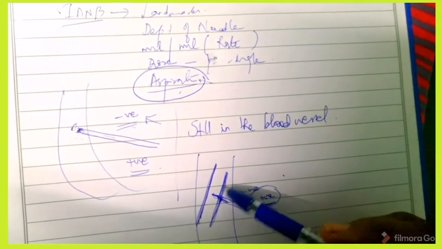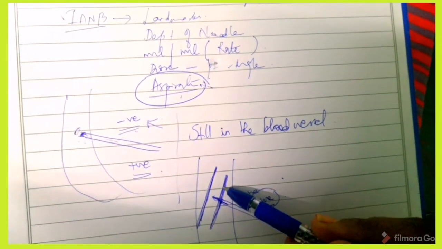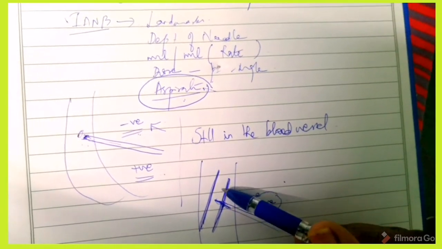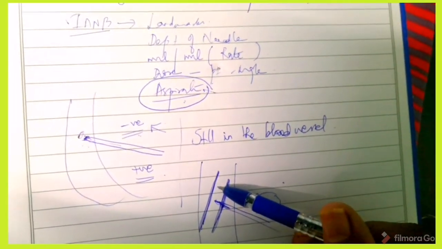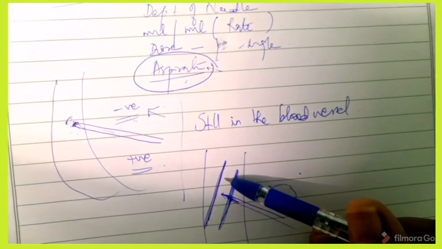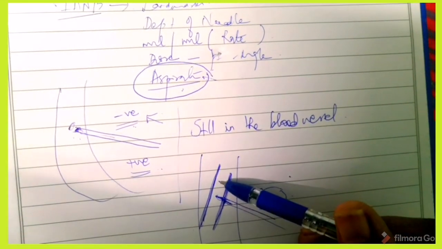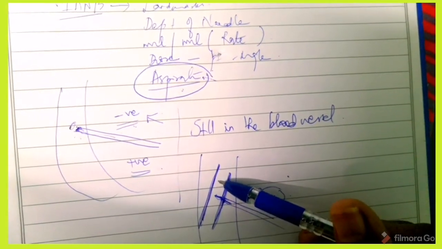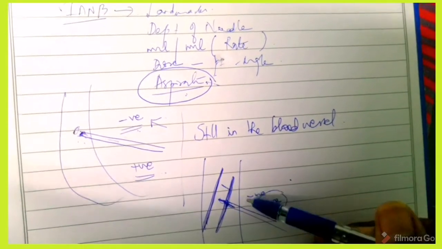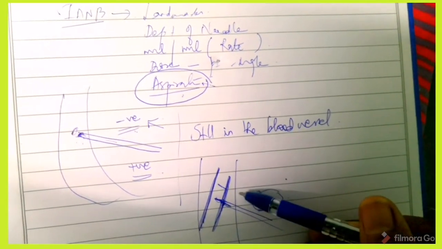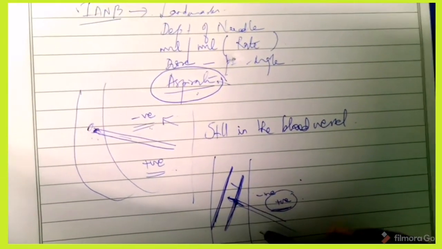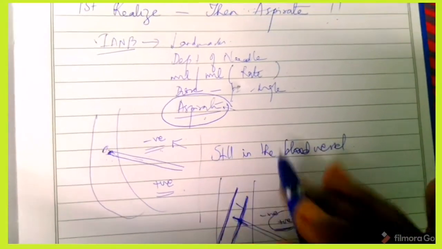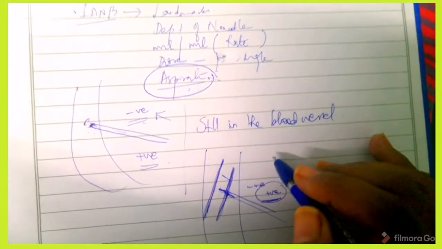So always hit the bone, aspirate, negative, okay fine, rotate it 45 degrees. If you aspirate and it is negative, very fine, you are not inside the vessel, proceed with the injection. If after rotating you have a positive aspiration, kindly pull back the needle, angulate it in a different manner and proceed with the injection. This is the one which is not known by most dentists.